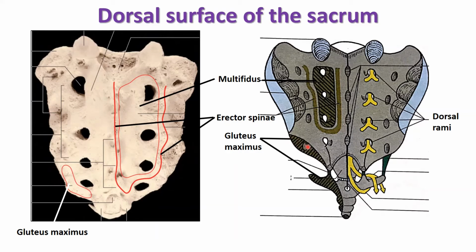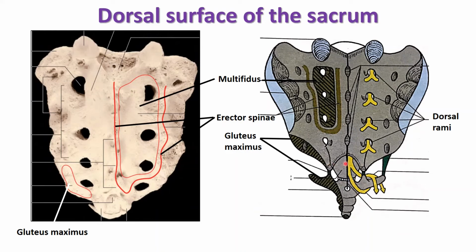On the inferior laterally, this dorsal surface also gives origin to the gluteus maximus muscles. Gluteus maximus muscle, so you have studied in the gluteal region, taking origin mainly from the hip bone ilium and also from the sacrum and coccyx, and insertion on the gluteal tuberosity and the iliotibial tract, which you have already seen in the lower limb.